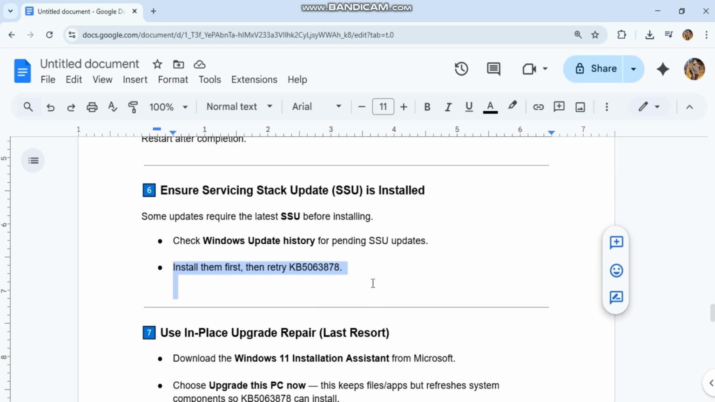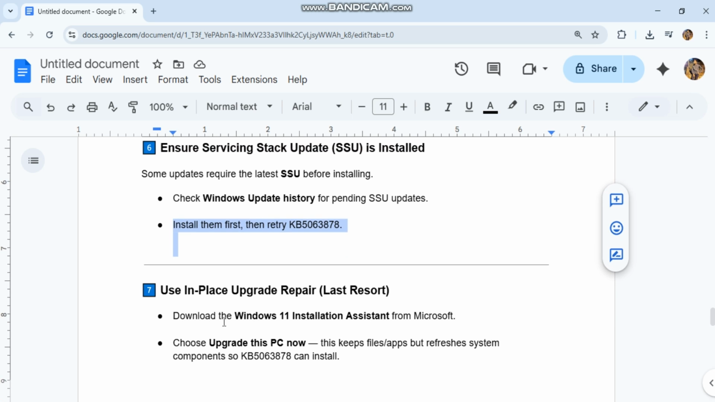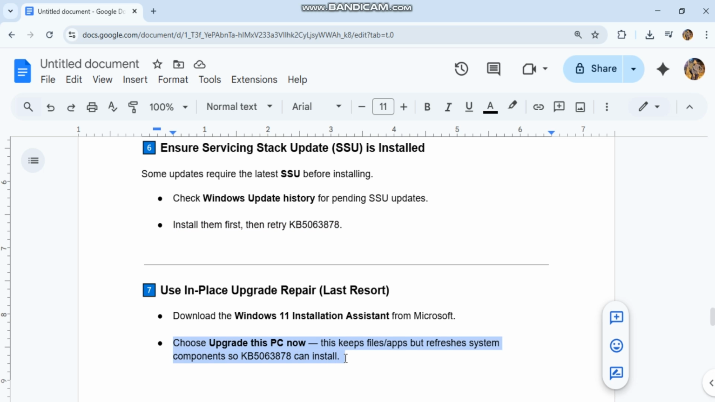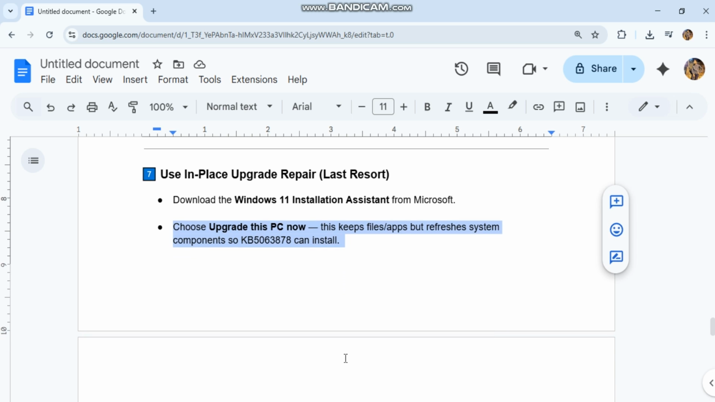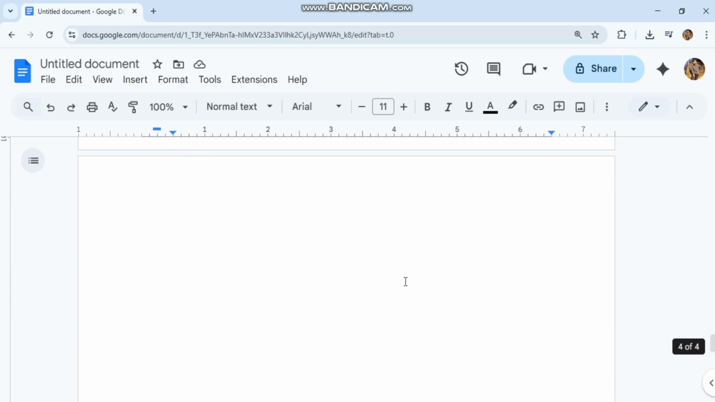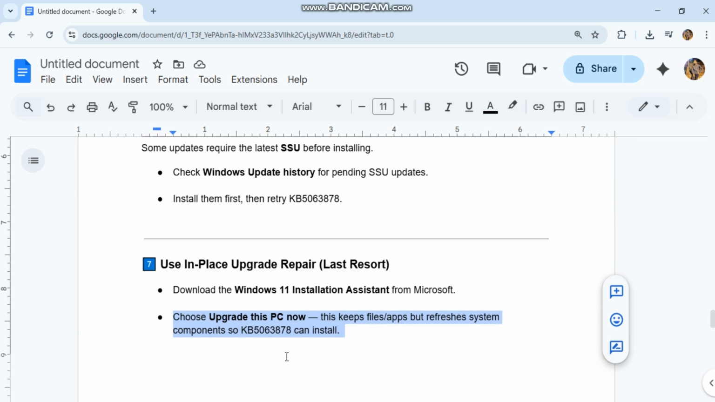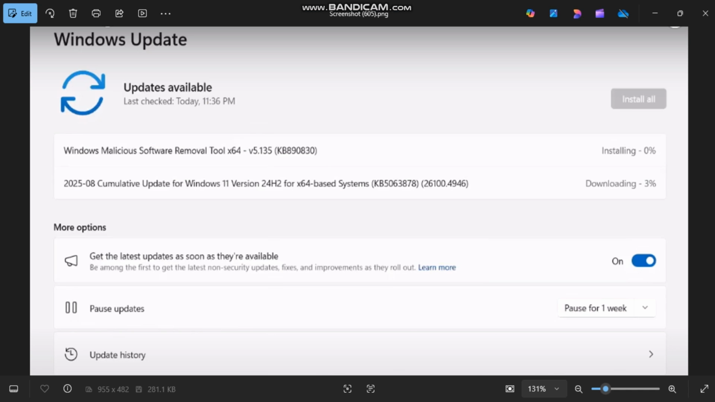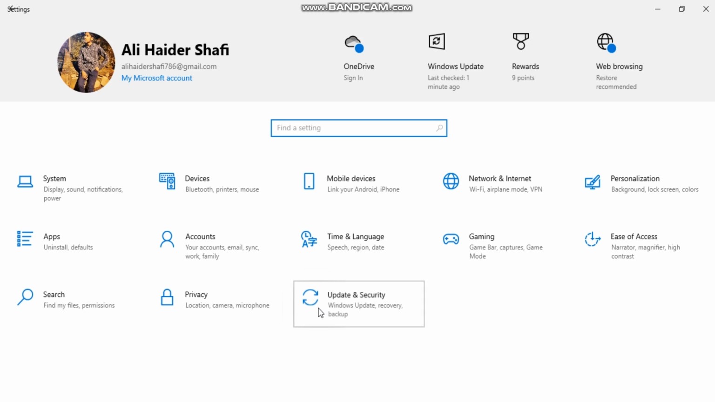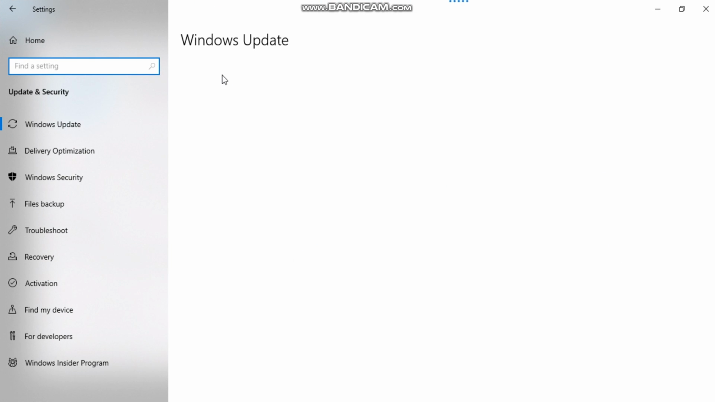Use In-Place Upgrade Repair, last resort. Download the Windows 11 Installation Assistant from Microsoft. Choose Upgrade this PC now. This keeps files, apps, but refreshes system components so KB5063878 can install. If you want, I can give you a direct official Microsoft Update Catalog download link for KB5063878